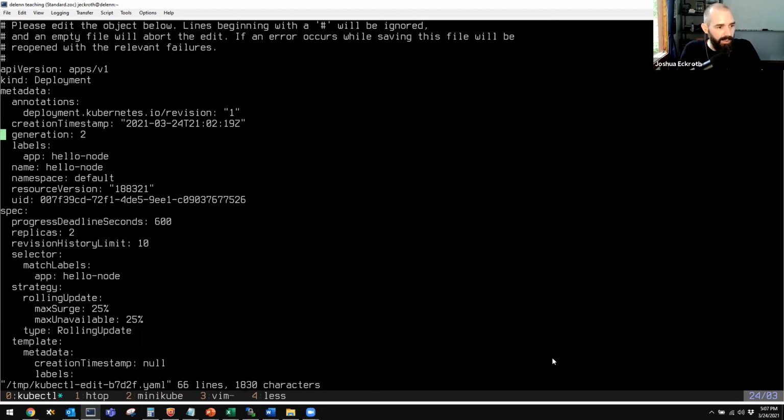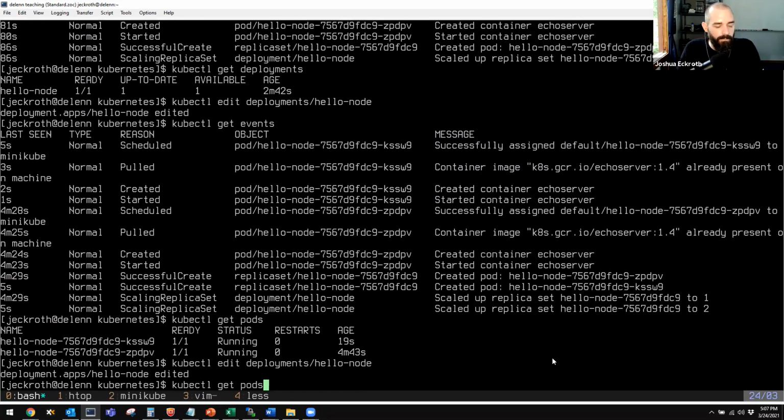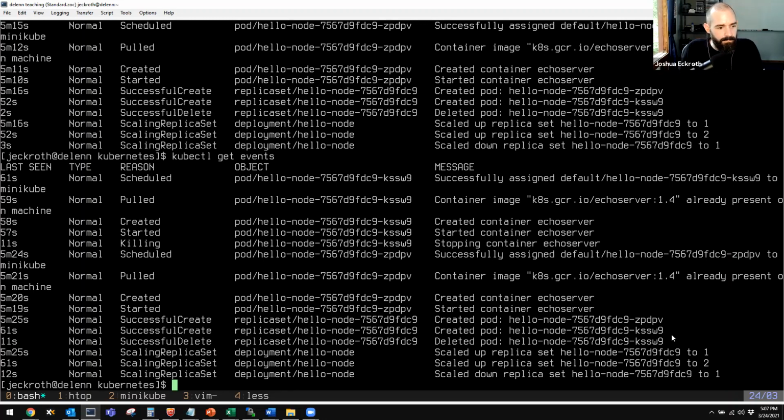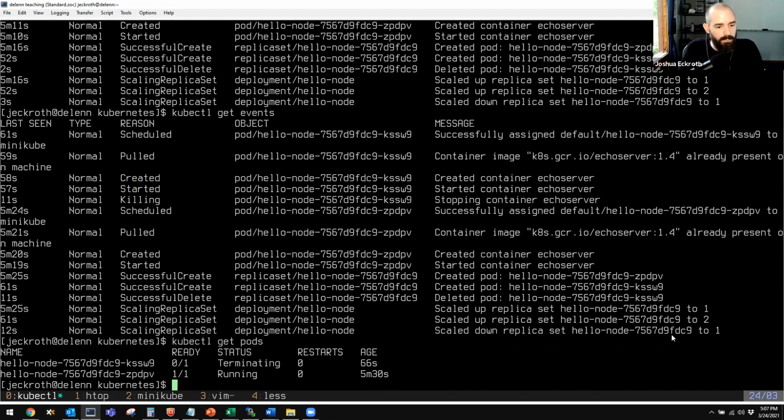So let's see what happens if we go back to one replica. Scaled down replica set to 1 and deleted a pod. Terminating, cleaning up the resources. Right, so there's an example of this declarative mode with replication. And you can change other things too, but then